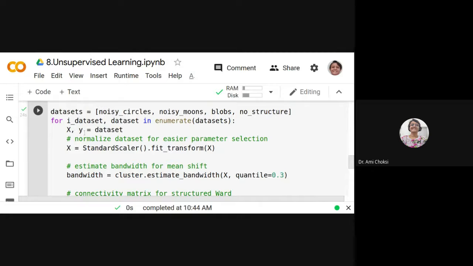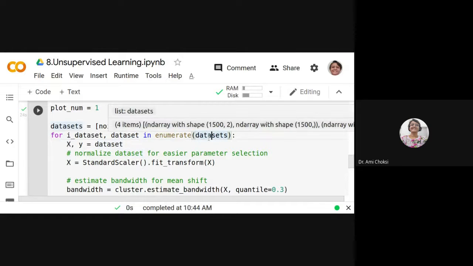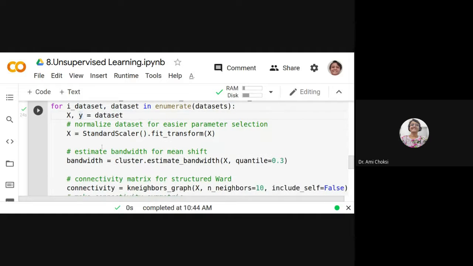Now for i_dataset, dataset in enumerate(datasets). Whatever datasets we are having, from that we are enumerating it and taking one as i_dataset and second as dataset. From that, we'll be taking X and y. They are capital X and y, which we typically use for training our data, isn't it? So that's what we are having here. That is dataset, which will initialize the X and y parameters.